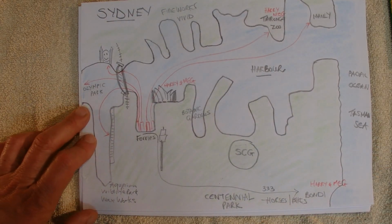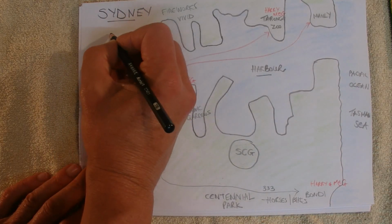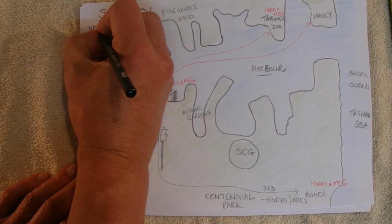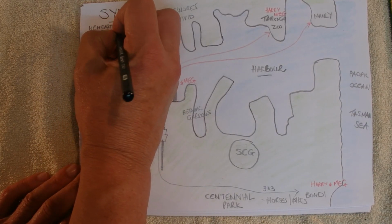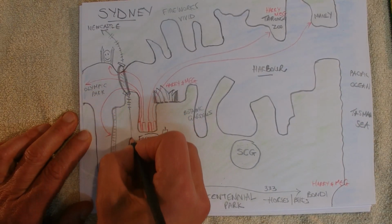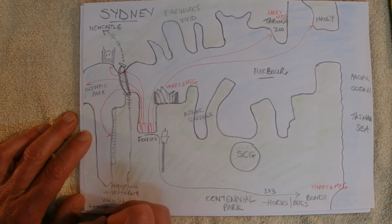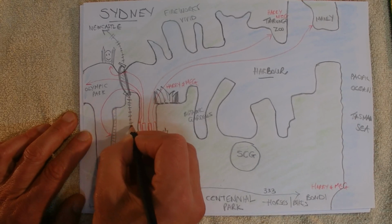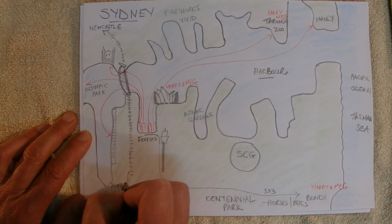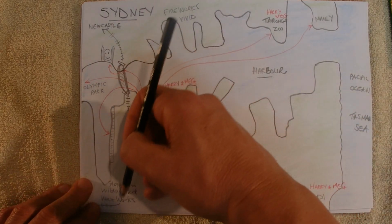But that's the story. If you're interested in venturing out of Sydney, then you can keep going up this way to places like Newcastle on the train, and even take you to Brisbane on the country train. Change at Hornsby there, and if you keep catching the train down through the Sydney here and around, you'll end up at places up the mountains. The Blue Mountains is worthwhile visiting. Places like Katoomba is good, and then if you go south,